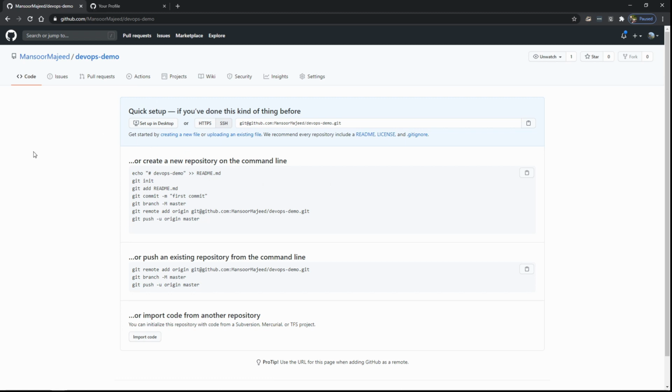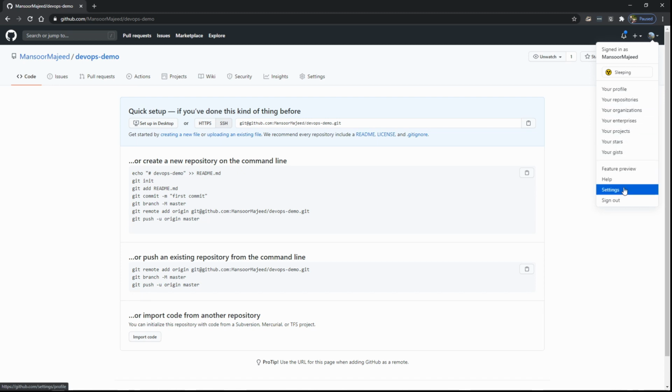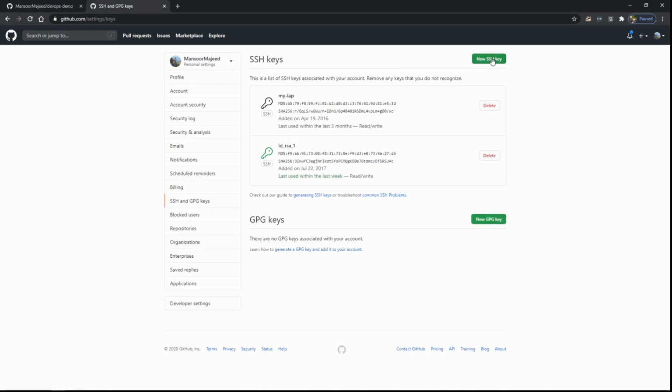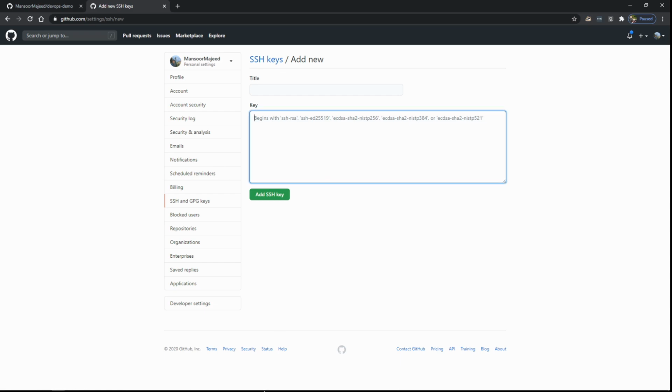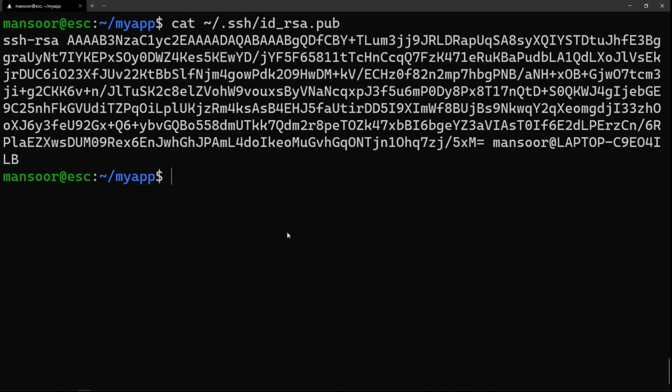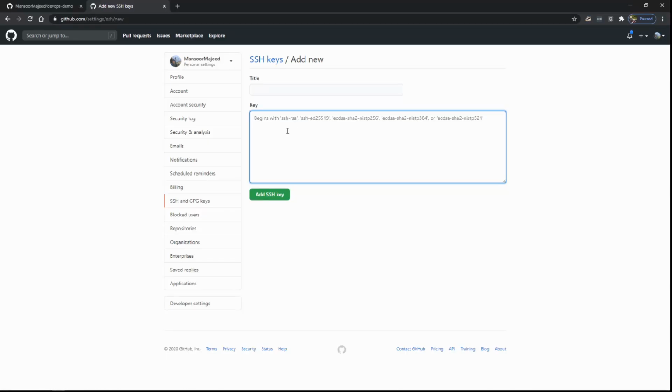Before we do any of that, the first thing that we need to do is, if you haven't added any SSH key in your GitHub account, we should do that. So I'm just going to go ahead and click on settings. Okay, settings. And under SSH and GPG keys, click on new key, and you go ahead and copy your SSH public key. Remember, this is the public key. It should look something like this. You go ahead and paste it here. So now using this SSH key, you can clone your own repository,